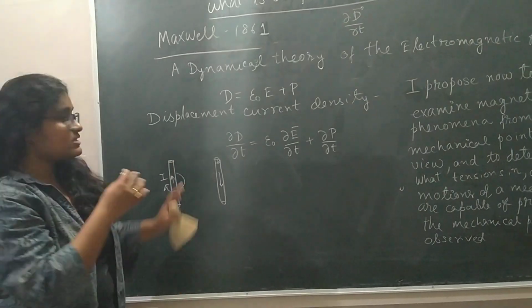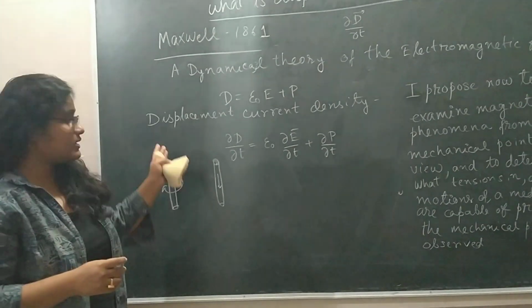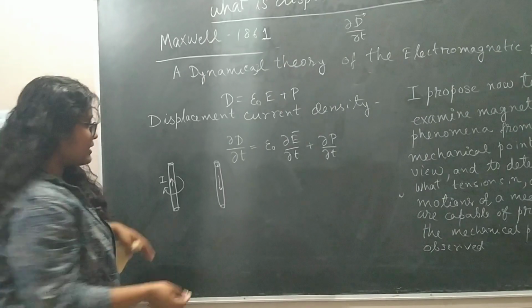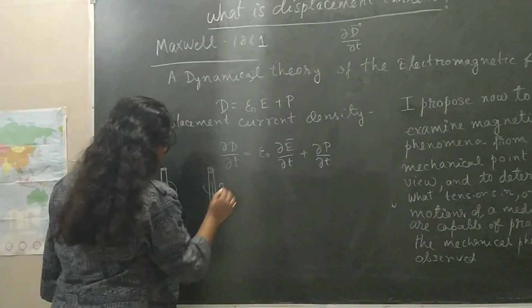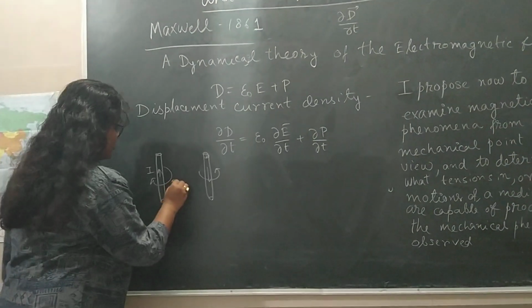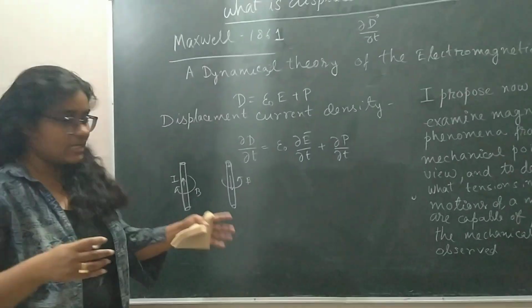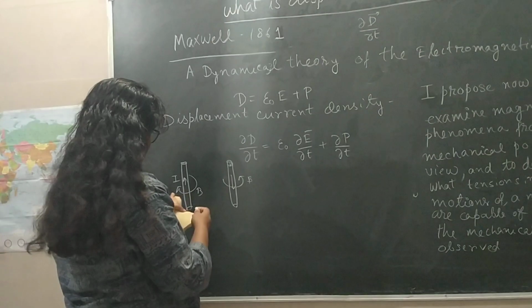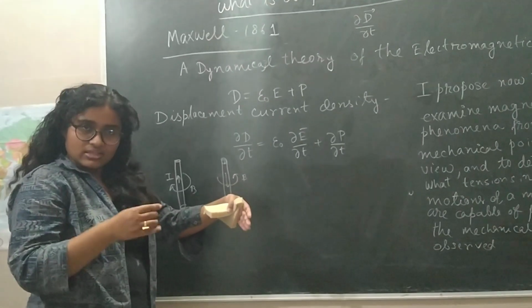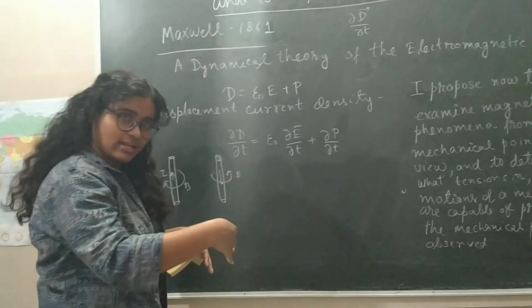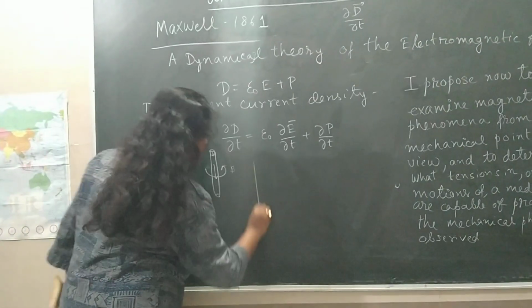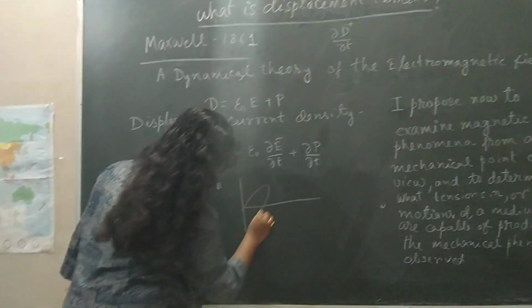For the first half cycle the current is going upward. For the next half cycle the current is going downward. So the magnetic field vector will go in this direction. The direction of the magnetic field is changing. One time it is along this direction, and the next cycle it is along the opposite direction. So you can represent the magnetic field this way.